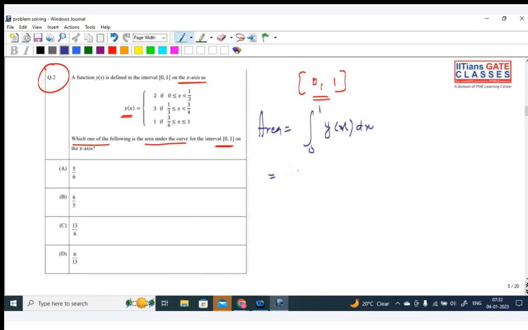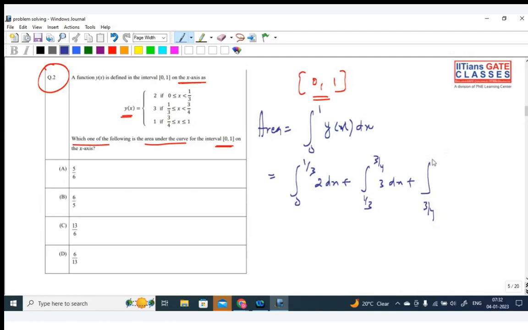So this is going to be the integral from 0 to 1/3 of 2 dx plus the integral from 1/3 to 3/4 of 3 dx plus... You don't have to write all these things, right? You can multiply this function into the limit of integration. And this is going to be 3/4